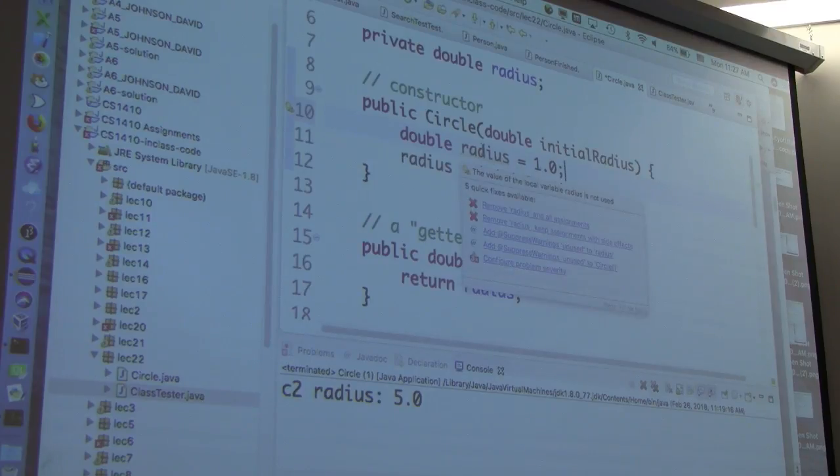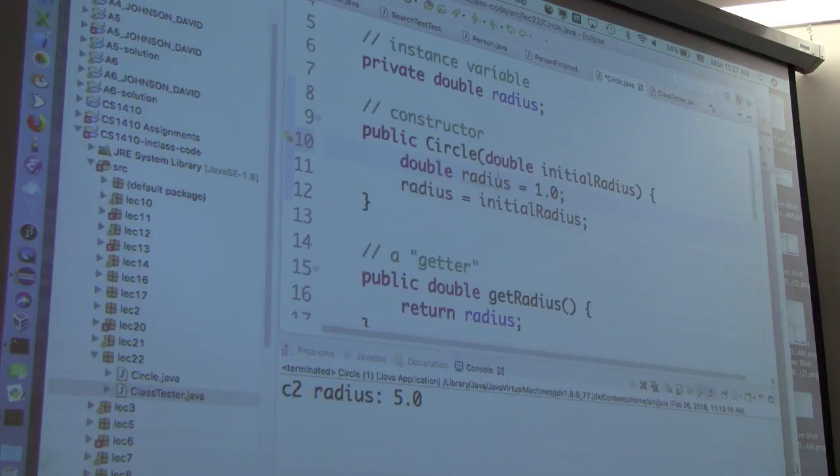It's saying that the value of the local variable radius is not used. So somehow this is legal. All right? I have radius here. Why is this potentially in conflict with something? Where else do we know about radius? It's up here. It's an instance variable, right? And I can use that instance variable in this scope. So somehow it's not complaining when I have an instance variable the same name as a local variable in a